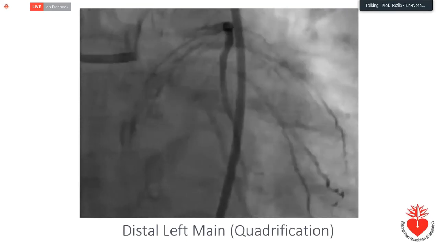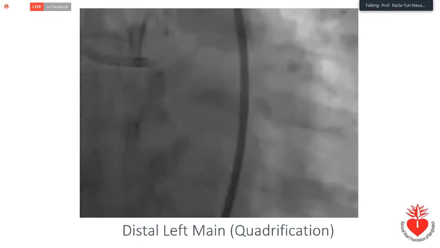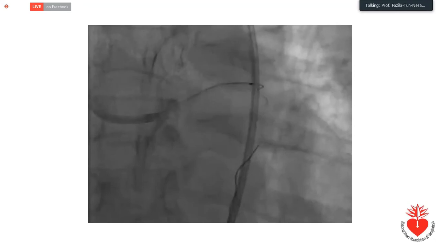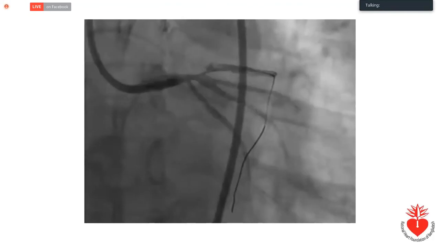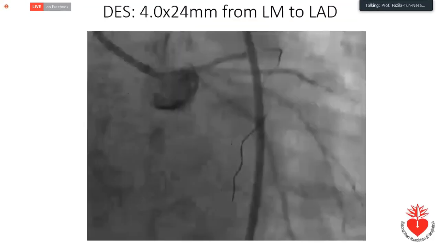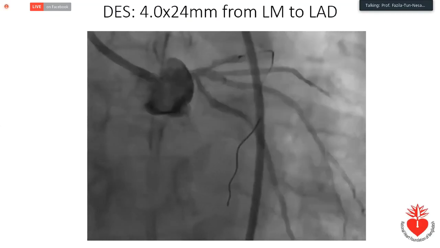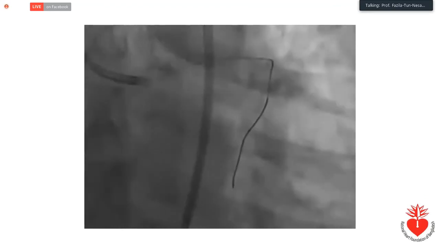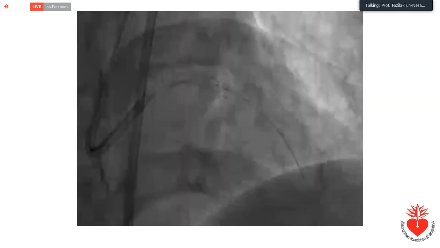So for this very complex distal trifurcation lesion that one of our patients who came to us with STEMI presented, we tried to keep it as simple as possible. So we wired from left main to LAD, and then we did thrombus aspiration. After thrombus aspiration, this is how the vessel looked. And without further ado, we took a single stent, a 4x24 drug-eluting stent from the left main ostia into the LAD and deployed it. Luckily for us, there was no significant plaque shifting into the other branches, and the final result was quite satisfactory.